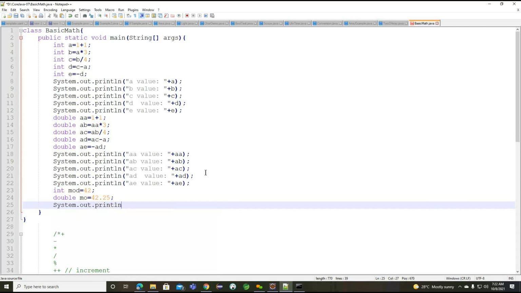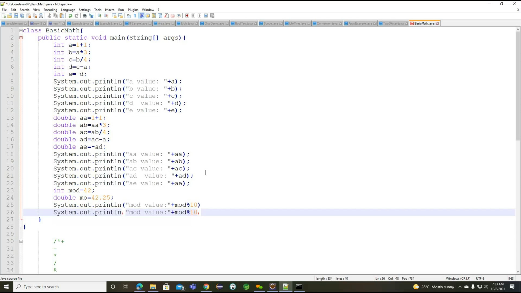Now understand what I'm doing here. I'm using the System.out.println method to print this value, and directly we can provide the mod value. To find this mod value, I'm using the modulo operator, and with this 10, I'm performing the modulo operation.